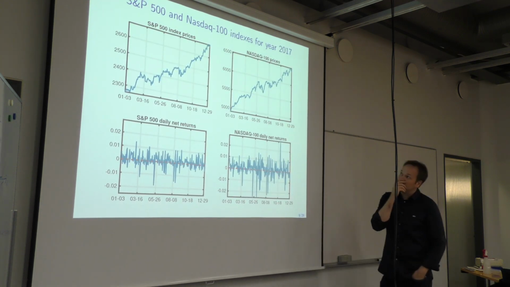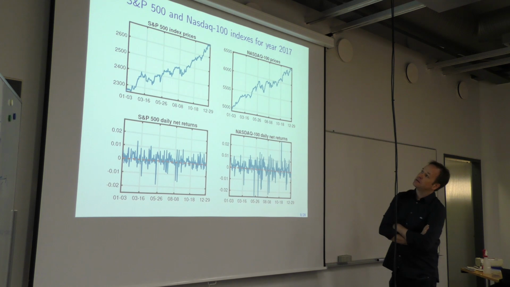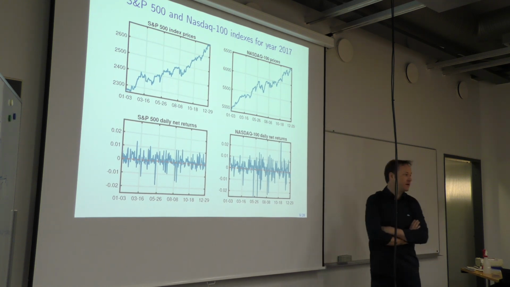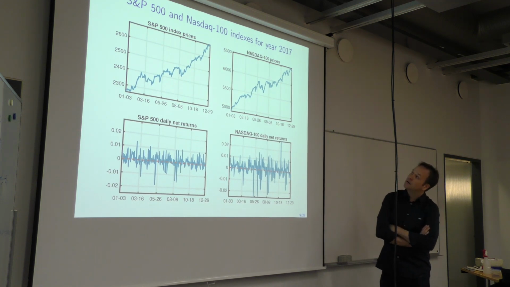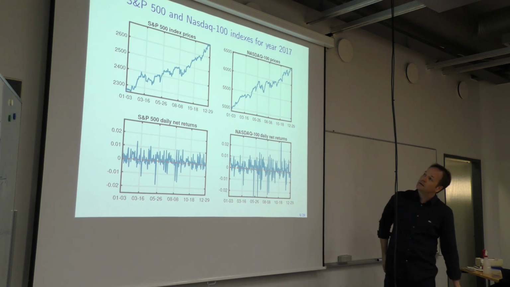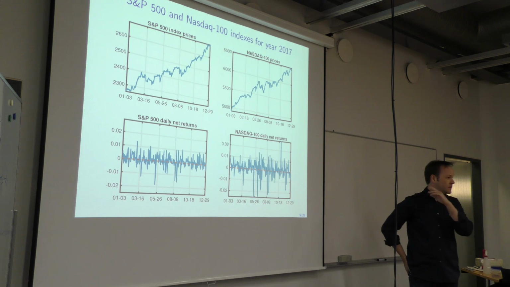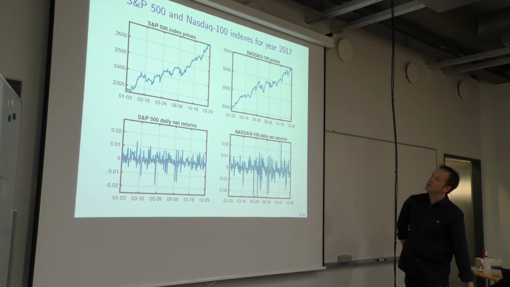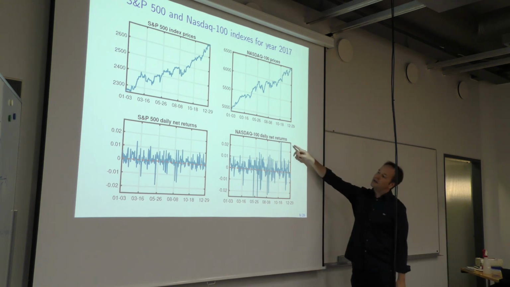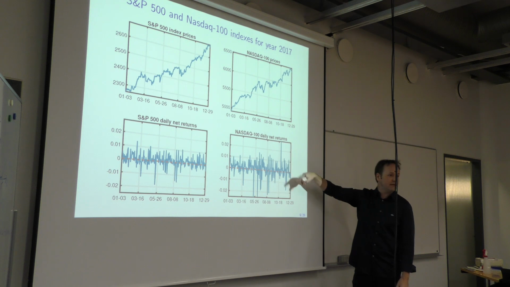So we can look at some indexes here, for example, S&P 500 and NASDAQ 100. And you can see that in 2017, the stock markets were very steady. They were steeply rising in general. There's a certain very steep trend there. And then if we look at the daily net returns, you can see that there's